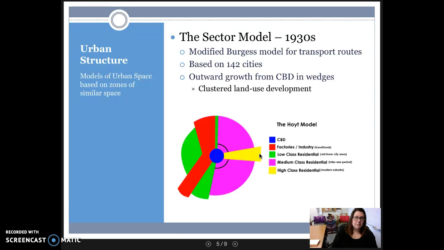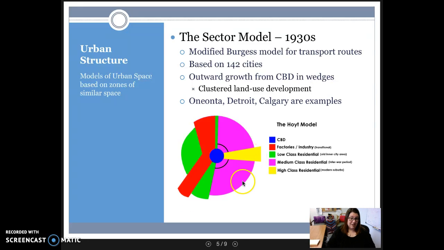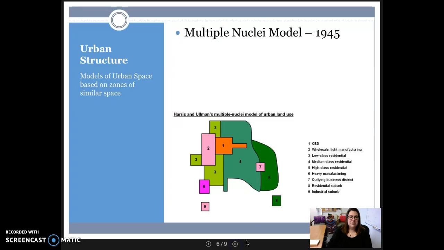Examples of the sector model include Oneonta, but also Detroit and Calgary, to give you a few examples of these types of cities. Oneonta definitely has an underlying sector model. We have modified that space quite a bit, but if you look at the underlying structure, you can see the sector model very clearly. The third model is the multiple nuclei model, developed